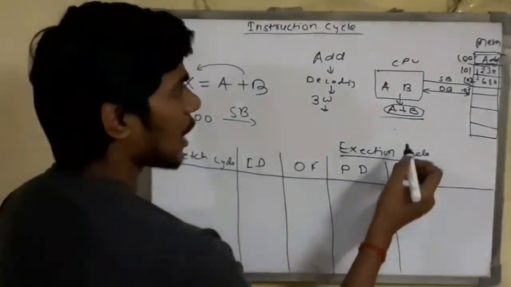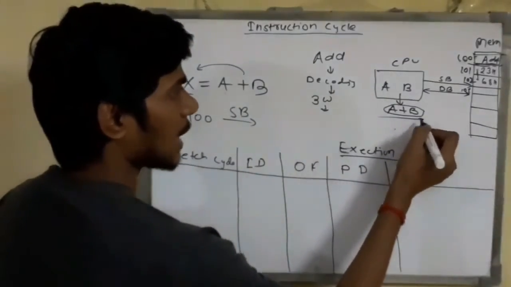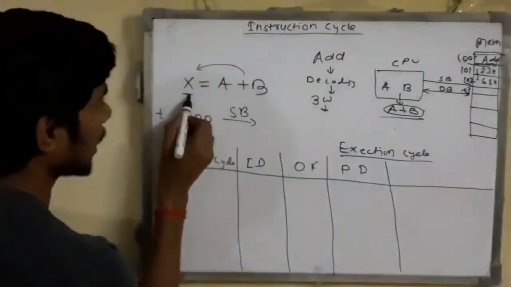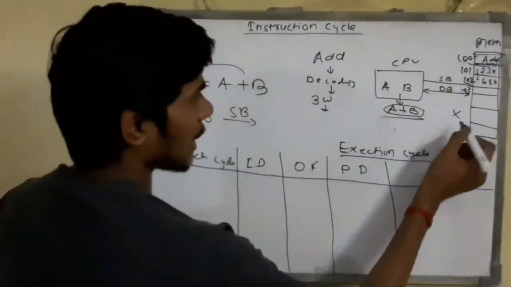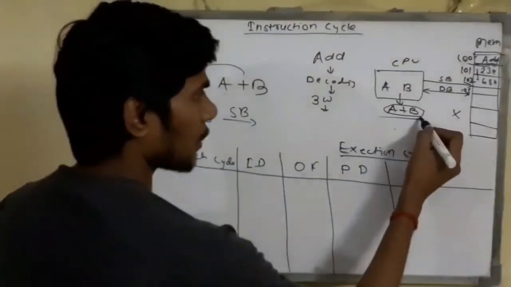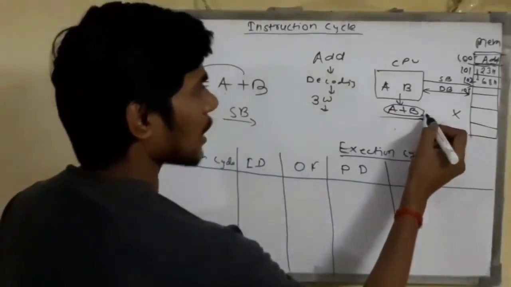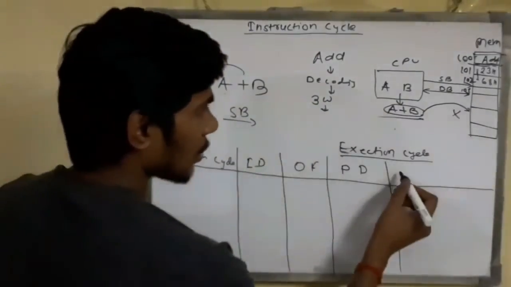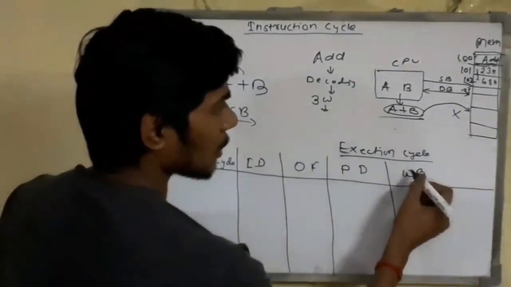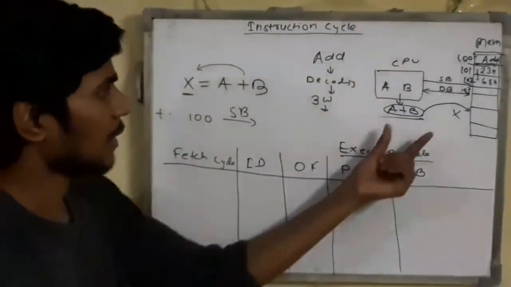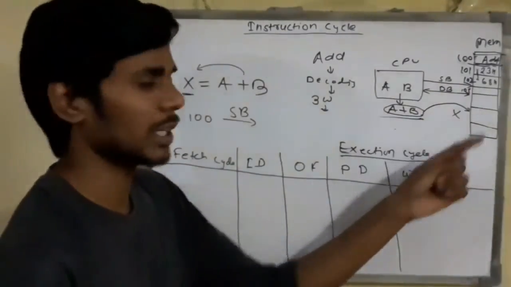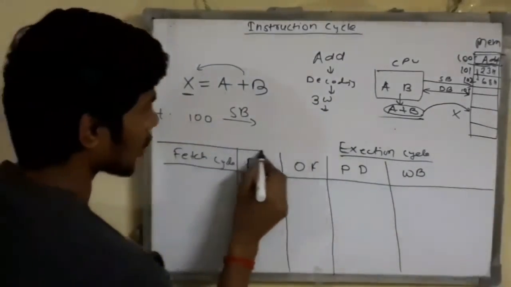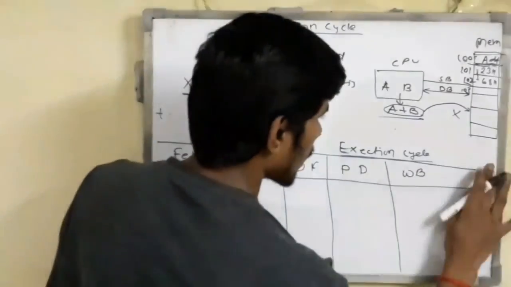Now we finally have to write back this data into the main memory. Let's say we have to update the X position; somewhere the X address is available. We have to update this value, storing it into the X location. So we are going to write back the result into the memory. So the entire execution cycle, the entire instruction cycle contains